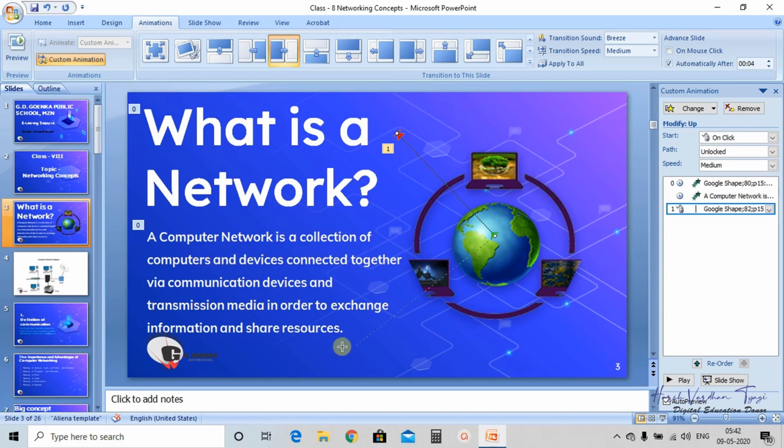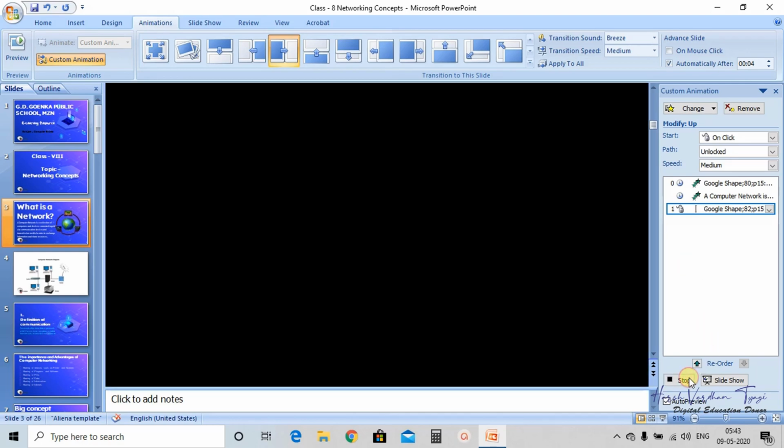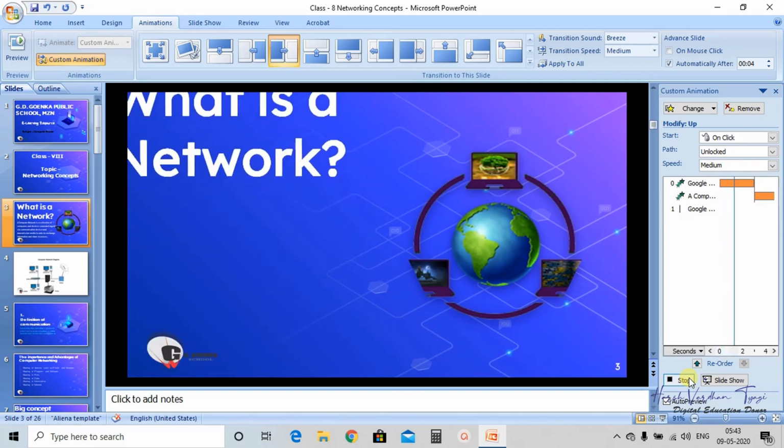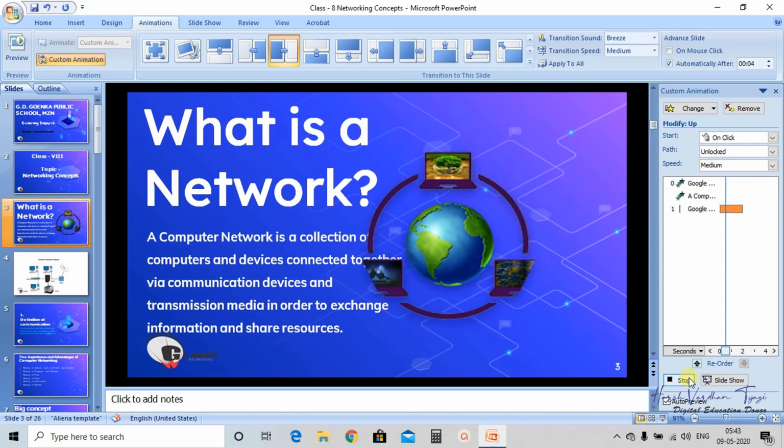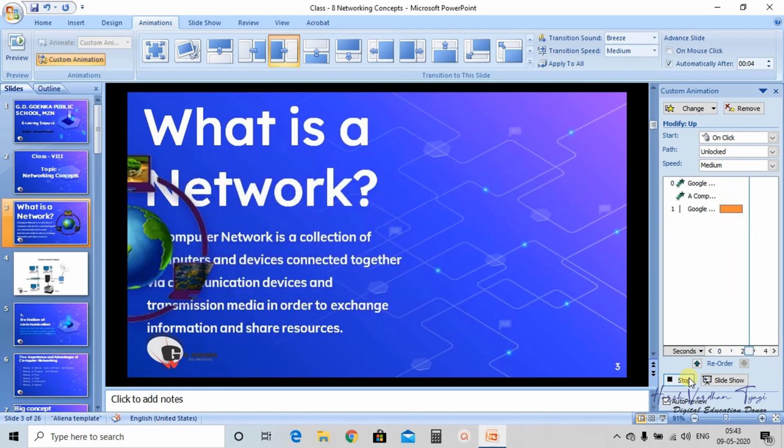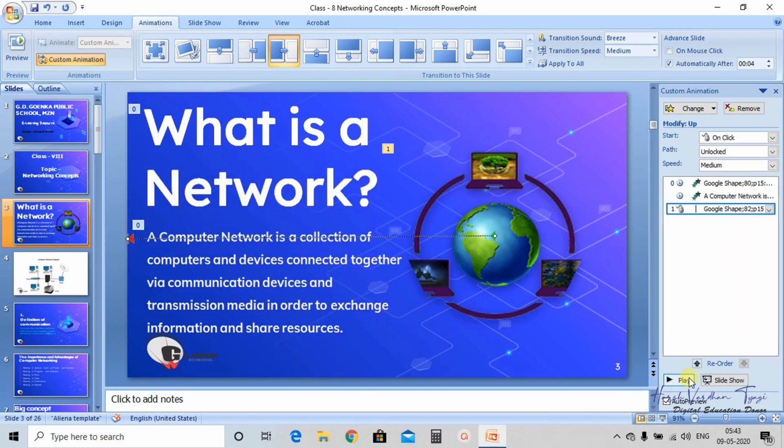Now suppose I have selected it downwards or like this, till here. When we play this, first the effect on the text, then another effect, and see that the object is moving on the particular path.